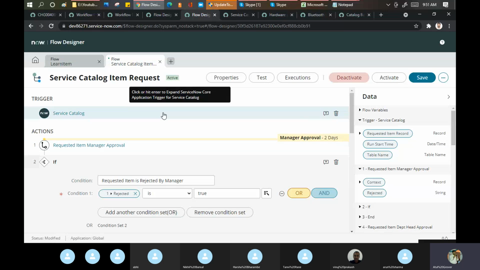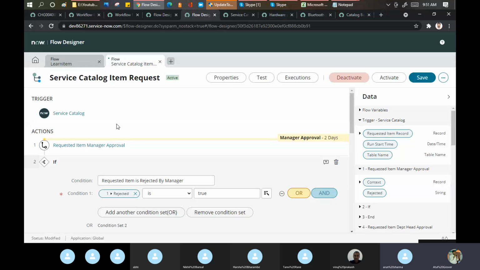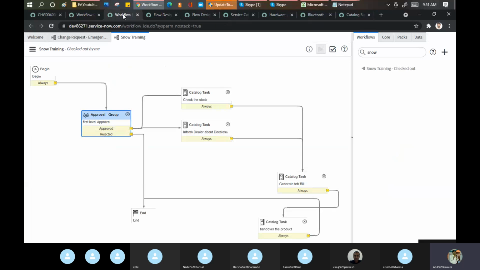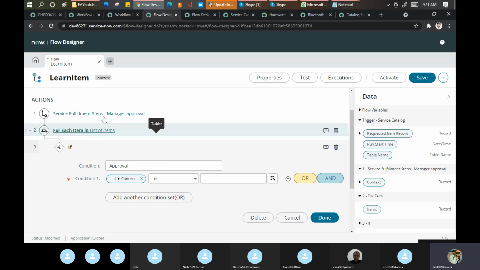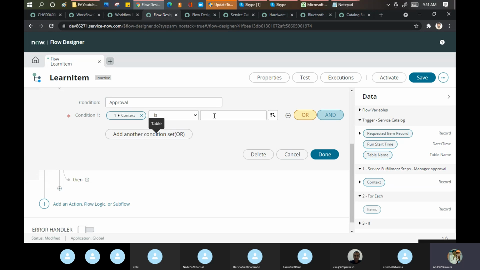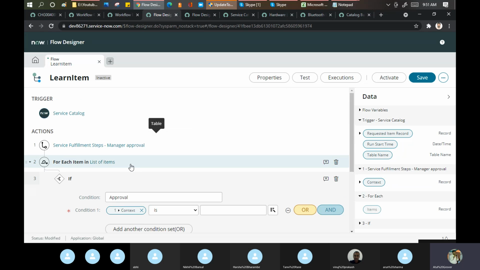Even I am using the workflow only in my projects. We very rarely use the flow designer. When we go for some discussion, we see, okay, can we go for this particular part or not? That is the only thing.